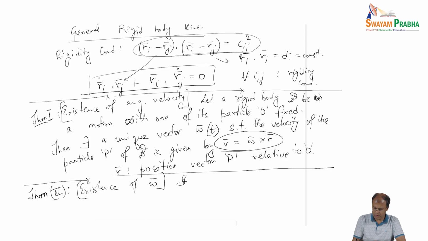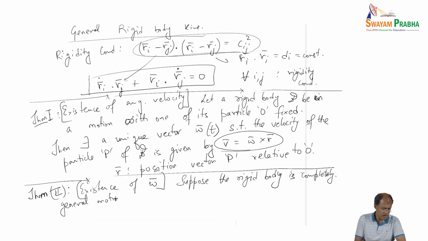Suppose the rigid body is in completely general motion, and let B be any one of its particles, and then there exists a unique vector